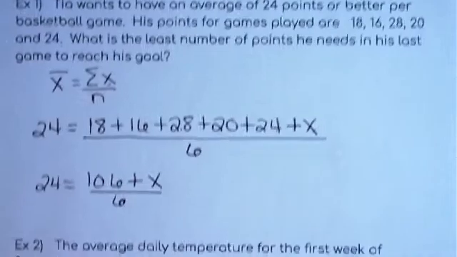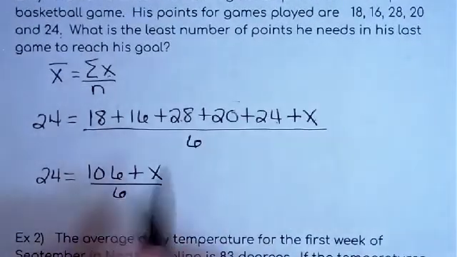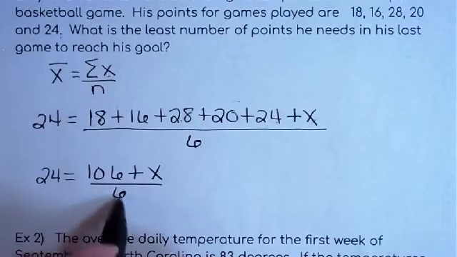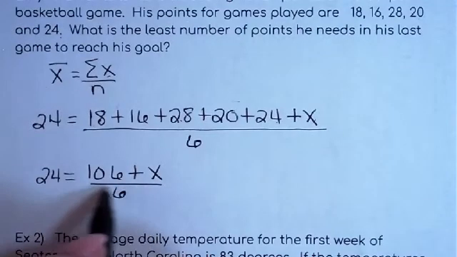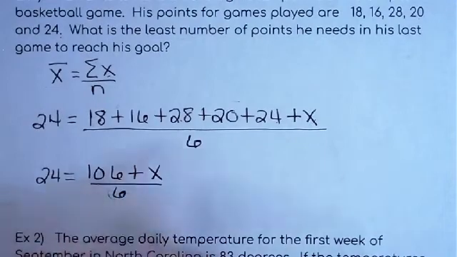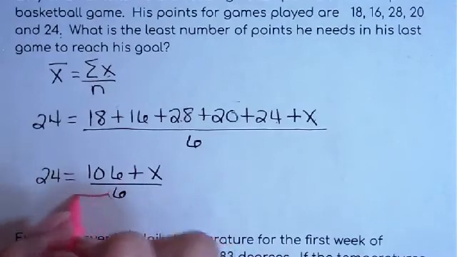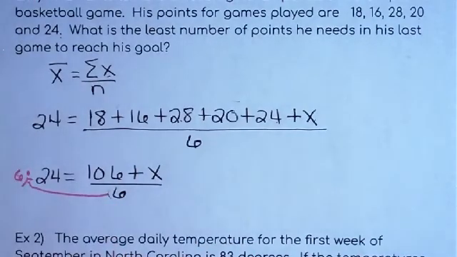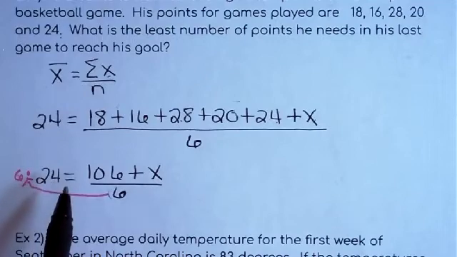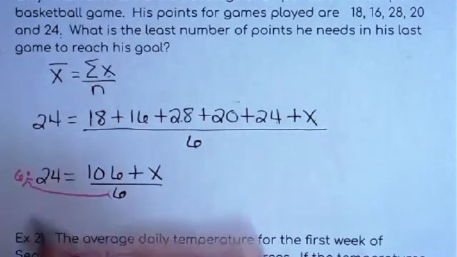Now, I need just to finish up solving right here. What I'm going to do is get rid of my denominator right here. Since I'm dividing this whole side right here by 6, I can scoop that 6 over here as a multiply. Okay? Opposite of dividing is multiplying. So I'm going to do 6 times 24. And that's going to give me